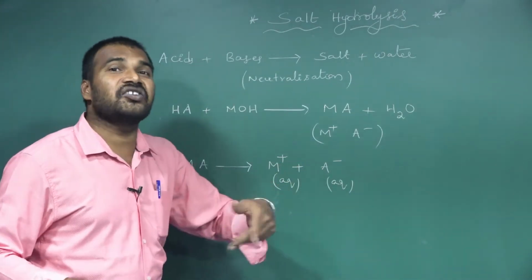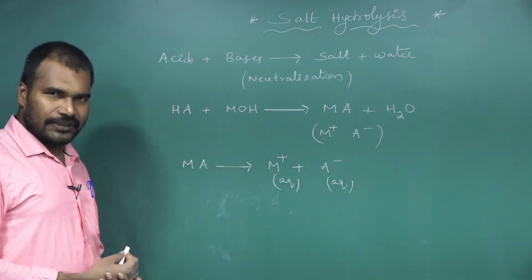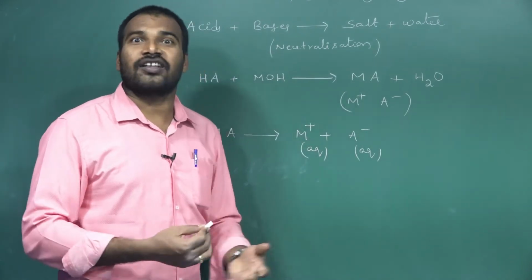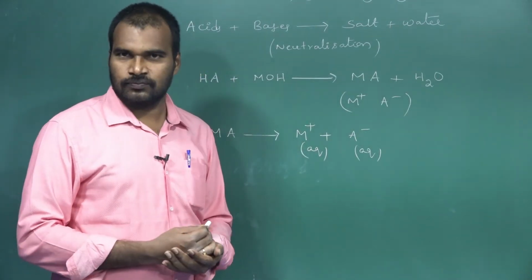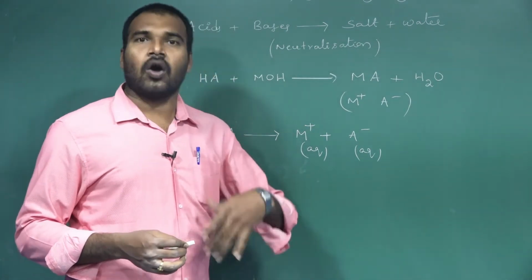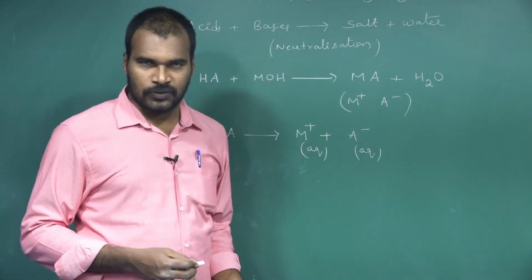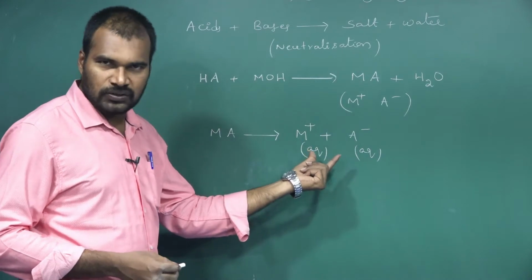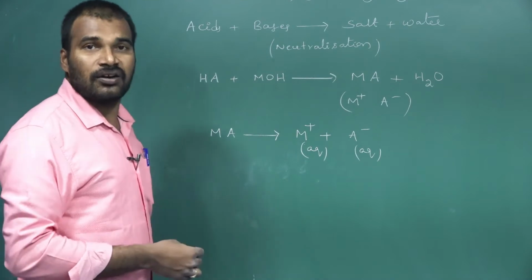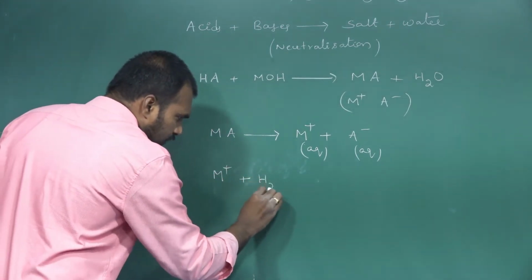They both are hydrated. The ions have been hydrated. After they become hydrated, these ions may further react with water, get hydrolyzed, okay, and the solution becomes either acidic, basic or neutral, and that process we call it as what? Salt hydrolysis. Okay, so these hydrated ions further react with the water. So for example, if the cations further react with the water, what will happen? M+ ions will further react with the water.